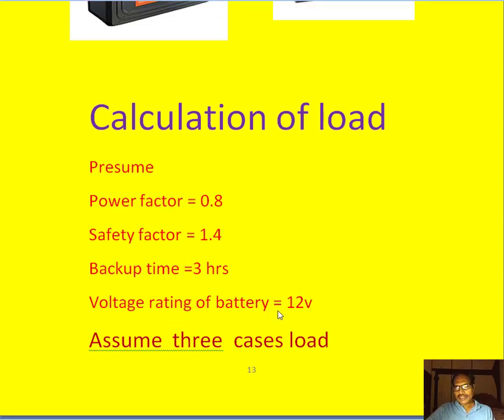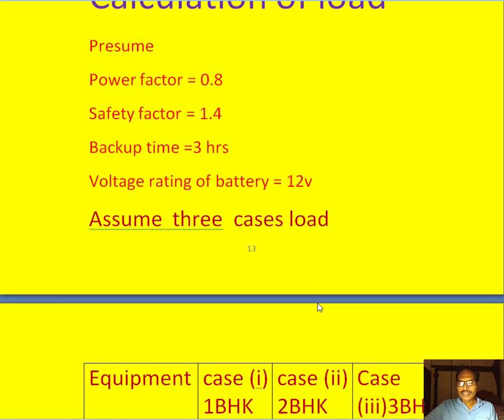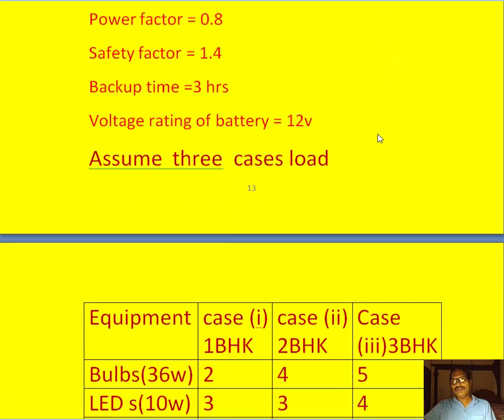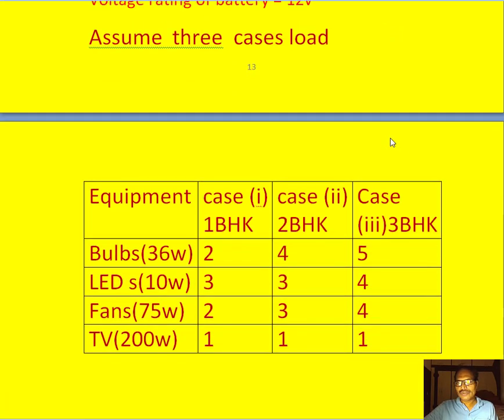Coming to the voltage rating of the battery, there are two types of battery ratings available in the market. One is 12 volts, the other is 24 volts. So here we assume the battery rating that we are adopting is 12 volts. Let us assume three cases to calculate the load of the environment. Three cases means we take a 1 BHK house, a 2 BHK house, and a 3 BHK house, and in each the various